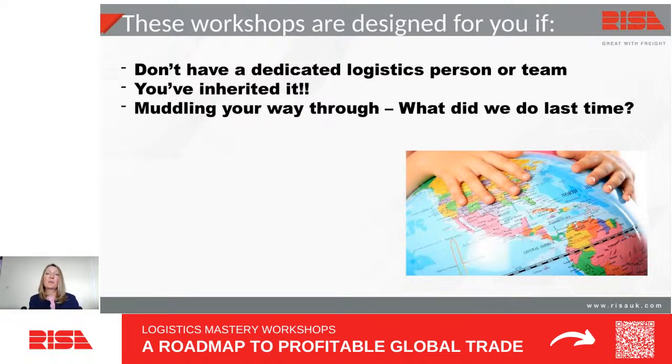And the workshops themselves, the way we term it is, if you don't have a dedicated logistics person or team, or you've inherited this particular role to get your exports and the documentation prepared to get them wherever, or indeed if it's an import to bring them in from wherever, if it's a bolt-on to your job and it's something that you've inherited, it's not something that you're properly trained in, or you find that you're muddling your way through this and often just looking back at, well, what did we do last time? And we'll copy that. Well, of course, that's fine, so long as what you did last time was correct,